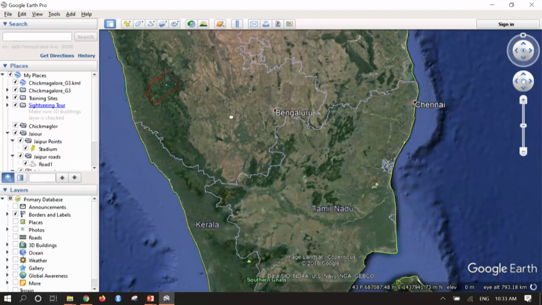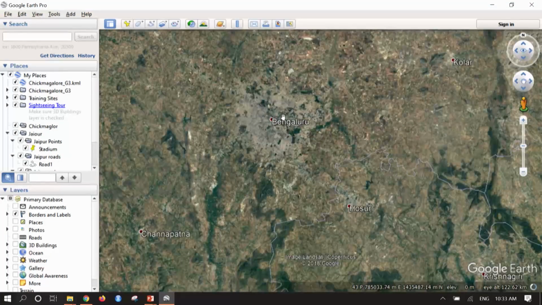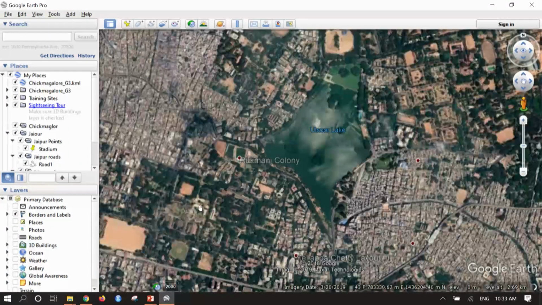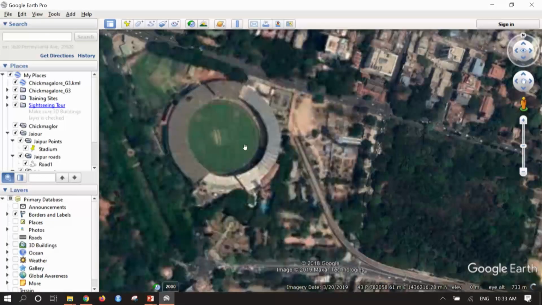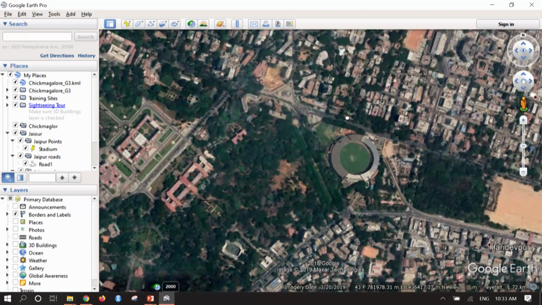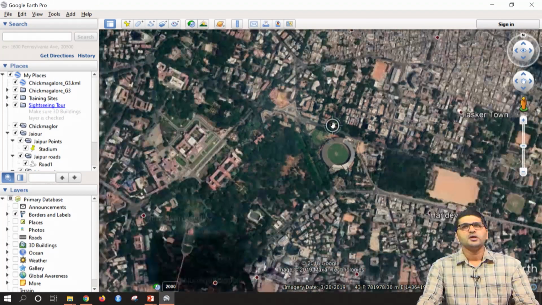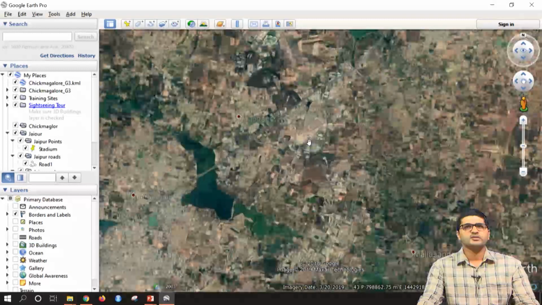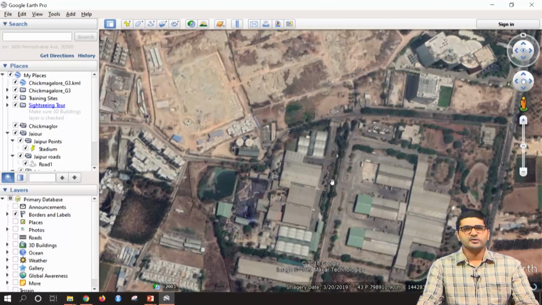For example, I'll zoom to one of the places in Bangalore and try to explore the datasets in Google Earth. This is the same place which I have shown you, the Kanteerava Stadium. If you want to see the timeline of this particular data, or visualize some older data for some outskirts of Bangalore, for this particular place the imagery date is 3/20/2019, March 20th, 2019. At that date, imagery was captured for this place.